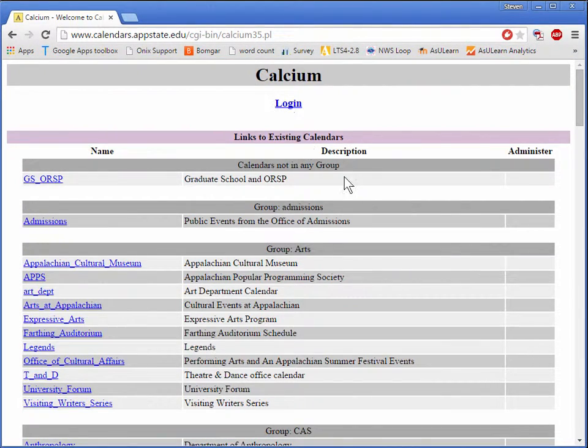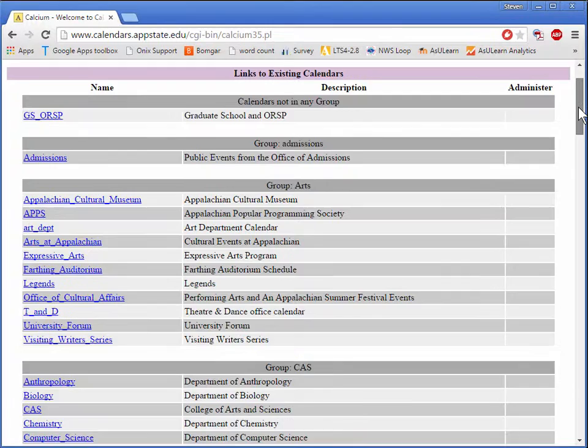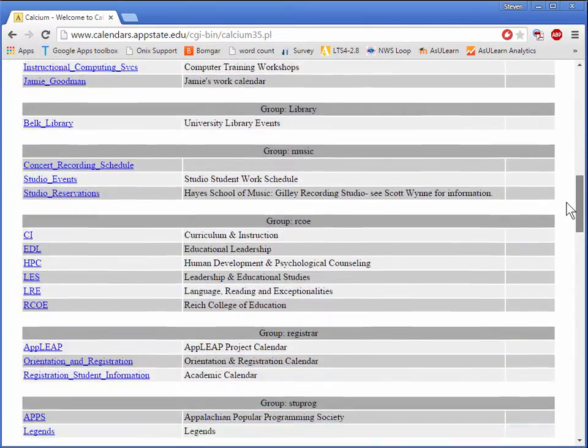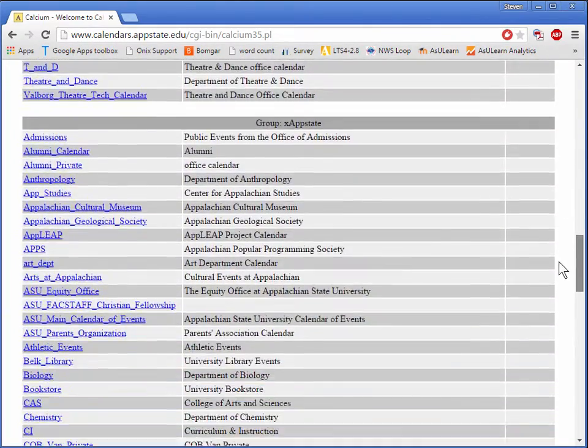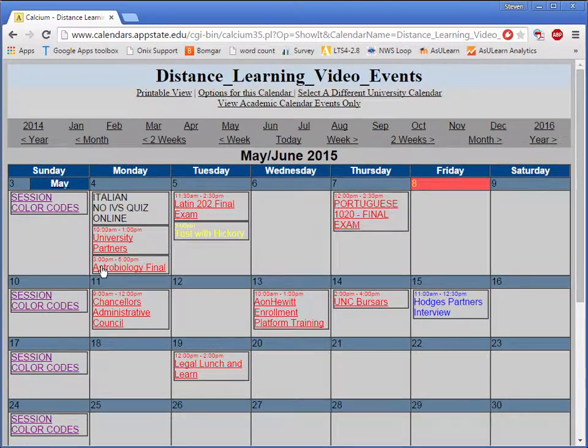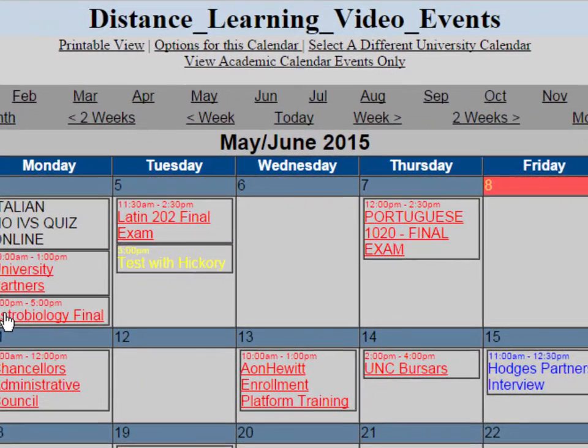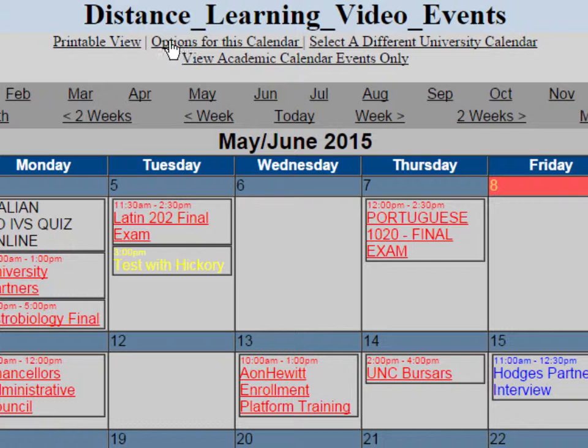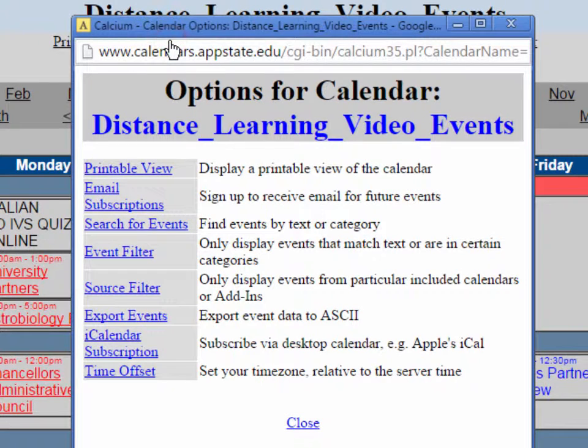The next thing is to scroll until you find your calendar. In this case, I'm looking for Distance Learning Services video events. There they are. I'm clicking on that to enter that particular calendar. Now, once you're looking at the calendar, presuming you have the right to see the events in there, then you should be able to export those events by selecting the link Options for this calendar, select Export Events,